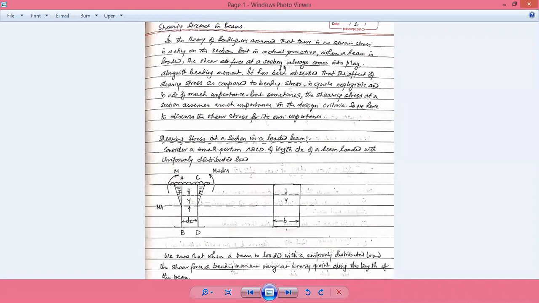So far, we have discussed beams. What is the definition? What are the shear forces acting over a beam? And what is the bending moment acting over a beam? And we made the shear force diagram and bending moment diagram, which show us the variation of shear force or bending moment